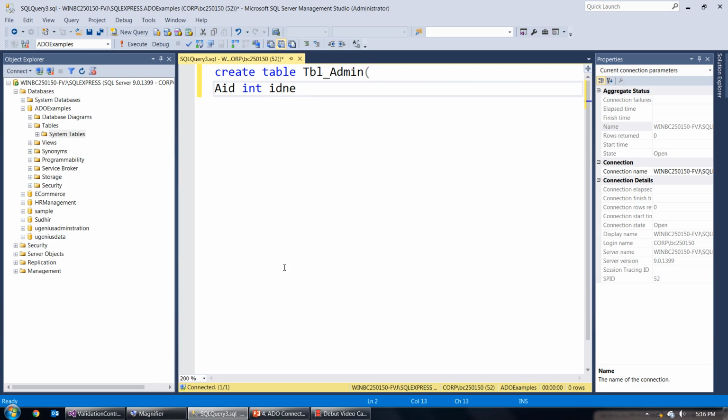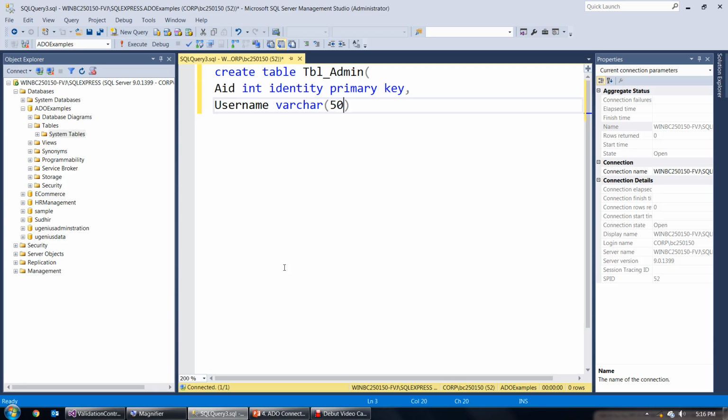And I'm going to use identity as a keyword to automatically generate the IDs which are not inserted from the UI. And I'm going to add one more constraint called primary key. It's a primary key which is going to take only unique and not null values. This is my first column. The second column is going to be username with the data type as varchar of 50. It's going to take 50 characters. Every column should be divided by comma. Third column is password,